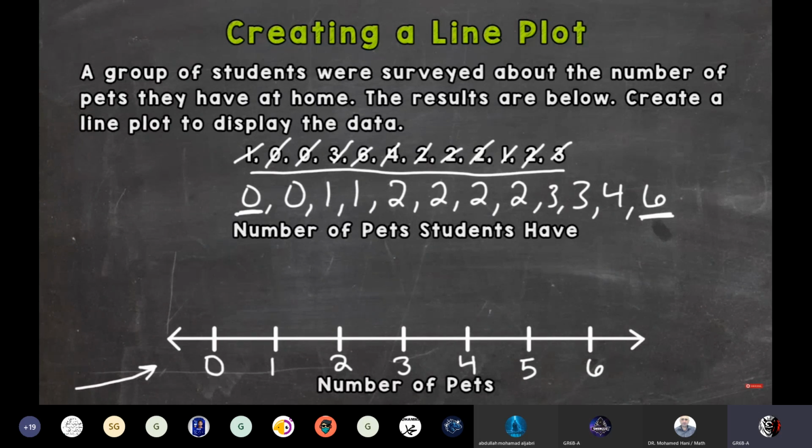So again, we started with 0 because that was the smallest number in value that we have, and we ended with 6 because that was the largest number in value. At the bottom of my line plot, I put number of pets right here. That tells us, or whoever's looking at this line plot, what those numbers mean below. And then I also have